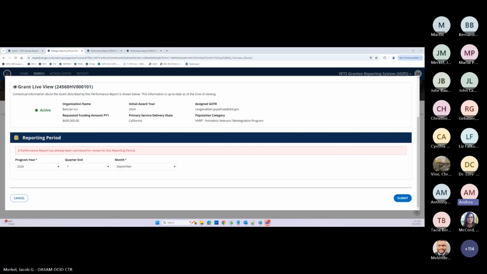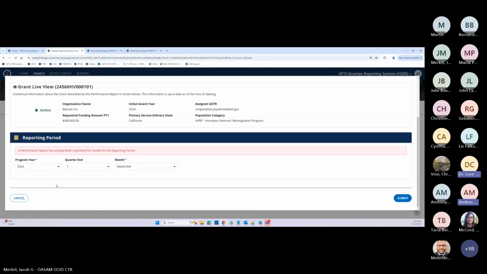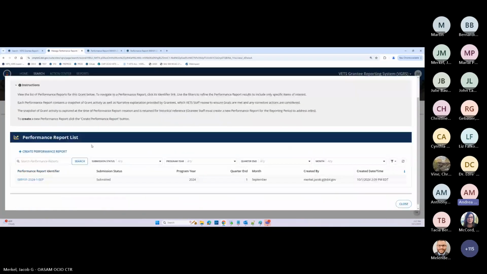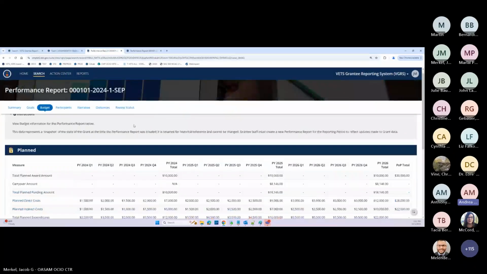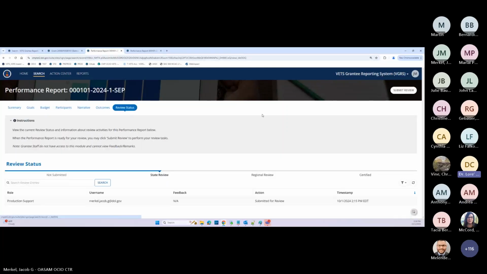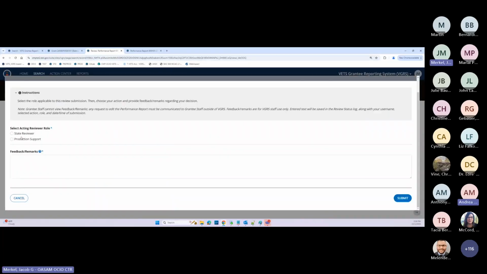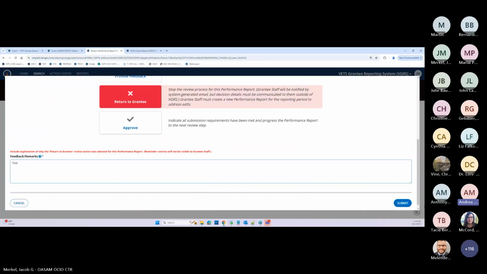Okay, I just wanted to make sure because I remember during the testing of it, I accidentally created a report and submitted it because I was just playing with the testing. And so we were trying to see, can you reject it, return it? So once they returned the report back to me saying, you forgot to put in your numbers, it's rejected, then I can create a new report and add those numbers or whatever I did wrong. Right. Yeah. So real quick. Okay. No, I wanted to make sure that there was a solution to that. I'm hoping not to do that, but